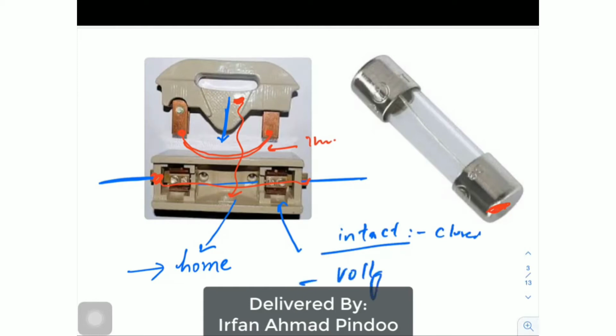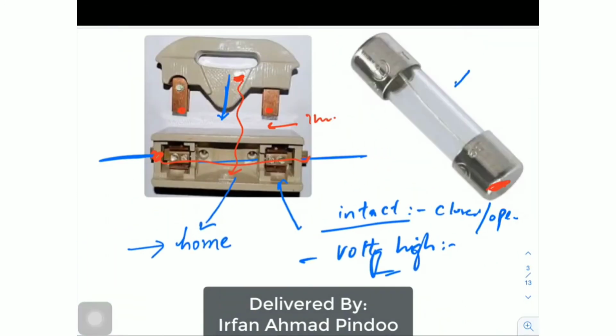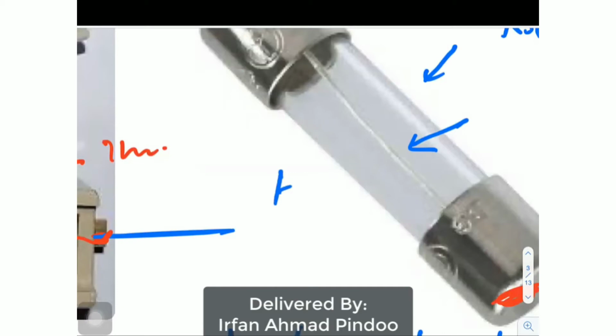Then if you provide a very high voltage, due to the high voltage the wire that we have here will be blown away and the connection will be lost. So it will then act as an open circuit. The voltage that we apply is responsible for breaking the wire. The other one is also a fuse that is normally used in the transformer, and you can again see there is a wire, and again this wire will blow away whenever there is a very high voltage.